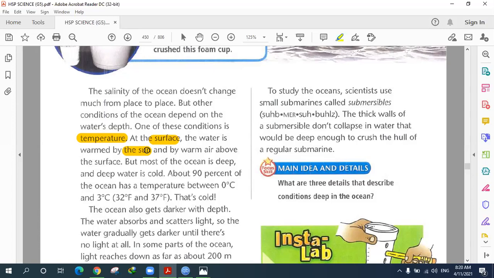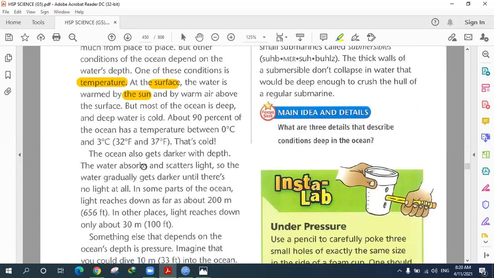So number one, we have the temperature. Number two, we have the light. Do you think it gets darker or lighter as we go deeper in the ocean? Darker. That's right. It gets darker with depth, because water